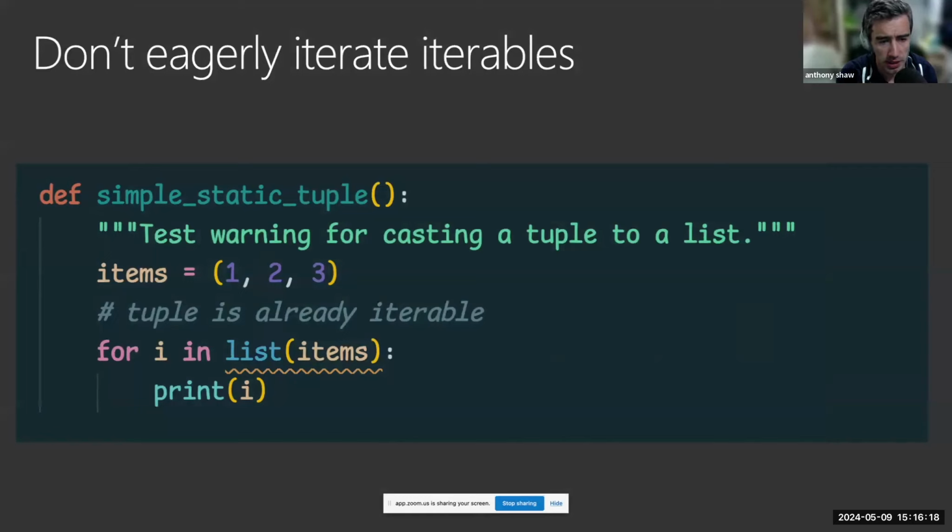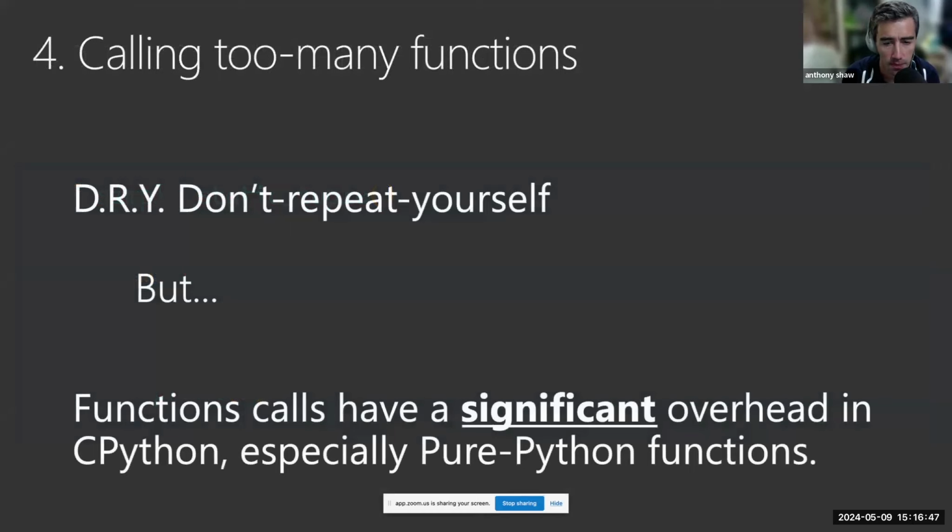Another thing that's important is that Python has a concept of iterables, and I often see people casting an iterable into a list. So this is eagerly iterating it. If they don't realize that you can use iterators, then you might find some cases where people in the code base have wrapped a list statement around an iterable to use it in a for loop. So the linter I mentioned earlier on would pick that up for you and highlight it.